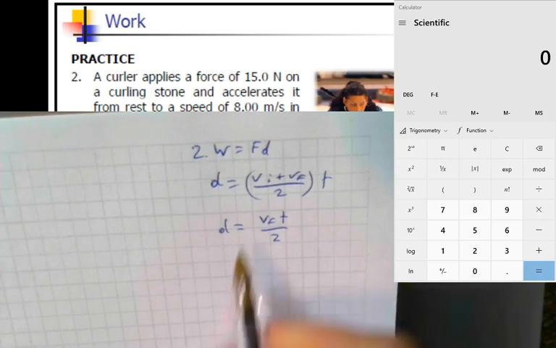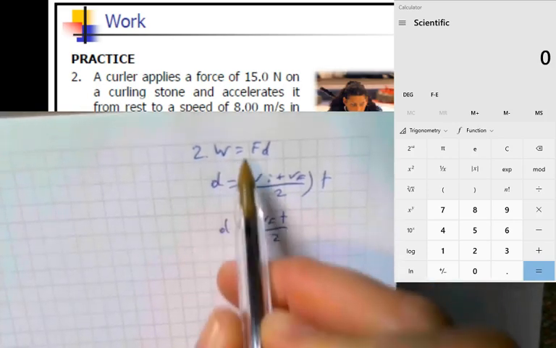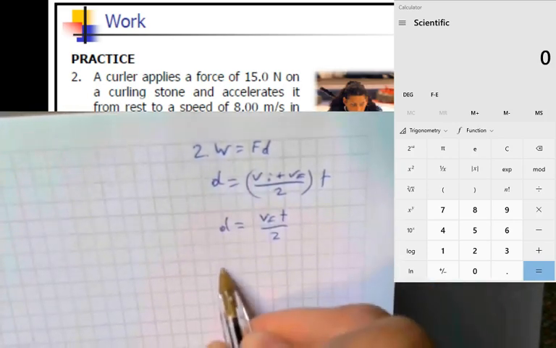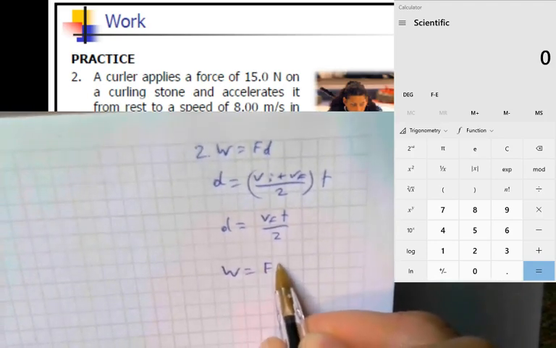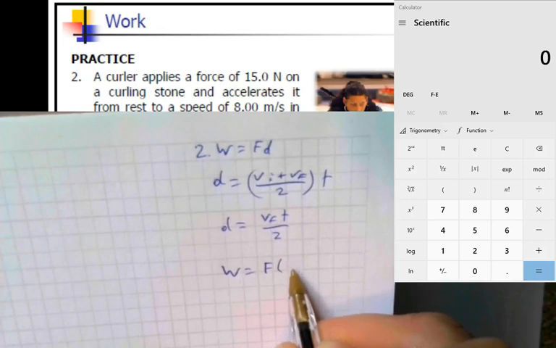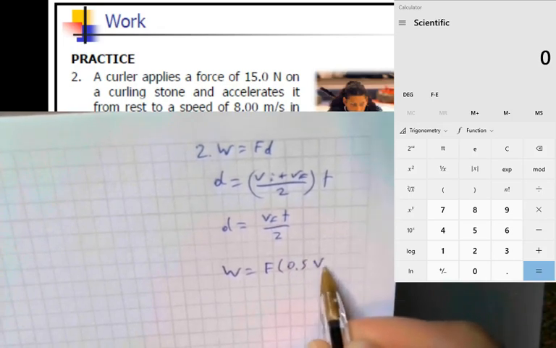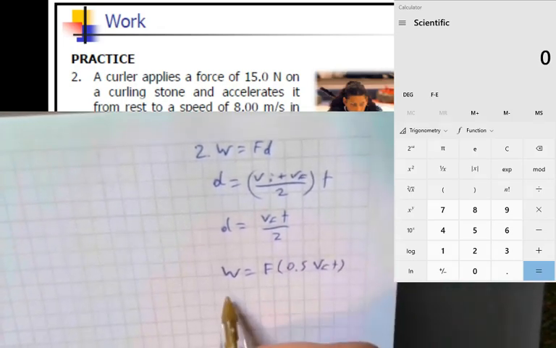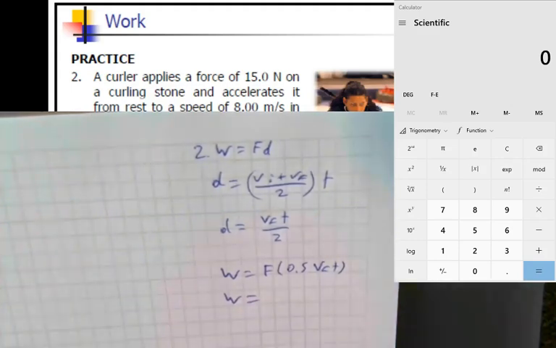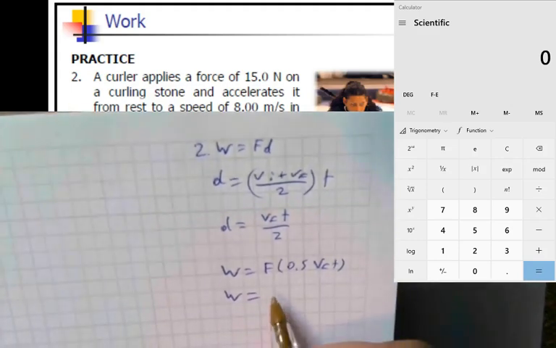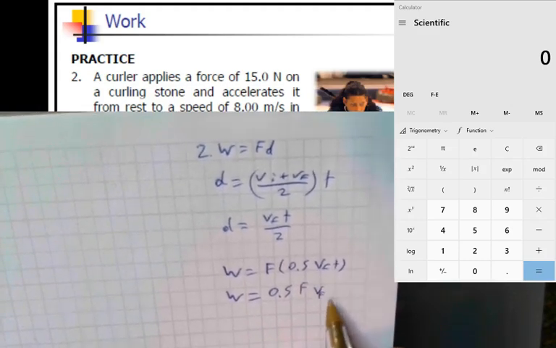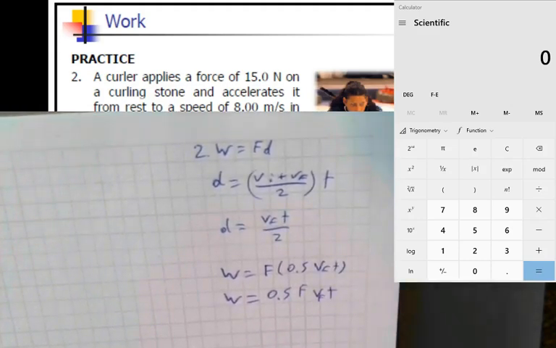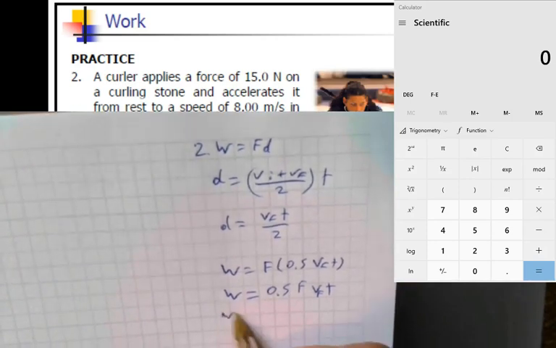But what we can do next is take this and substitute into this equation, so we have only one calculation to do. So D is replaced with 0.5 VFT. So our calculation becomes 0.5 times F times VF times T. And substituting in,